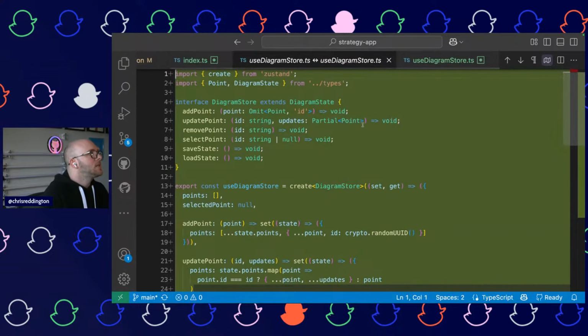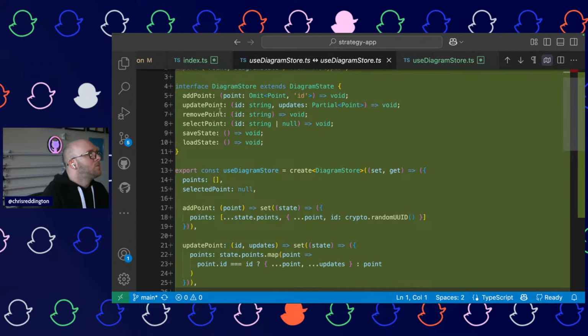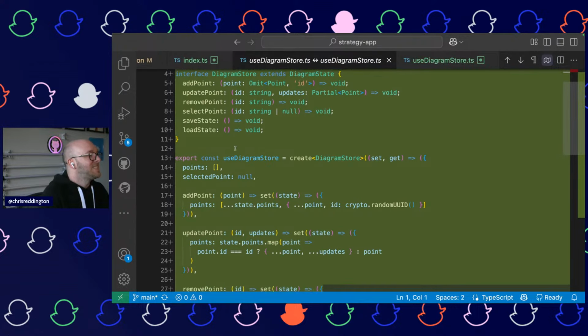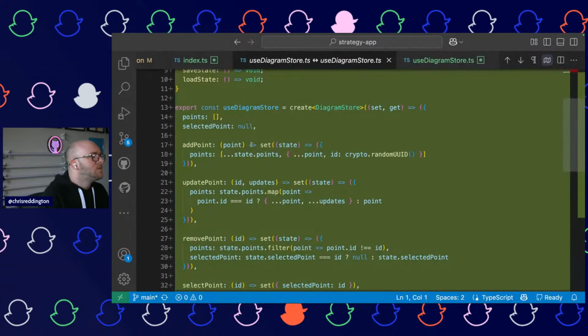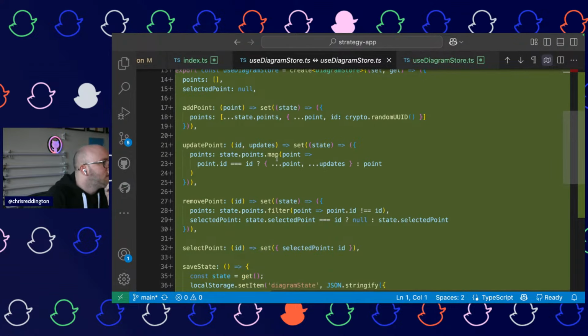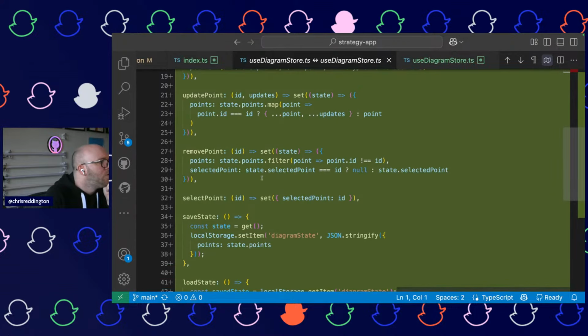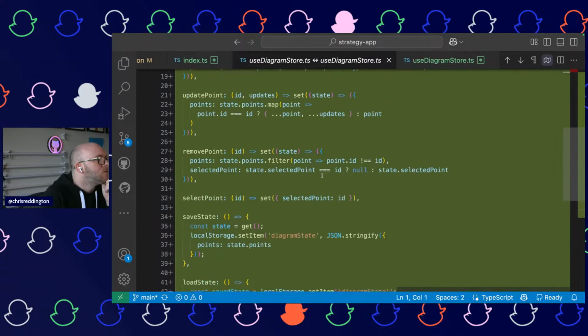I'm going to close that a sec. So import create from Zustand, types, add point, update, remove, select, save state, load state. Okay, they all seem generally reasonable. So we're adding onto the state with a random ID. Cool. Update point, passing the ID, what the updates are. Okay. Remove the point. If it's the right one, then make it null. Yeah. Save state, load state. Okay.